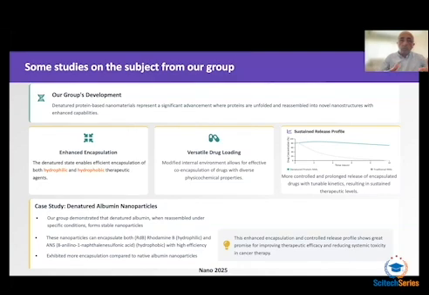Some part of these studies was performed in Mainz medicinal faculty in Germany. As you can see here, the zeta potential of plain F-nucleosine is about plus 19